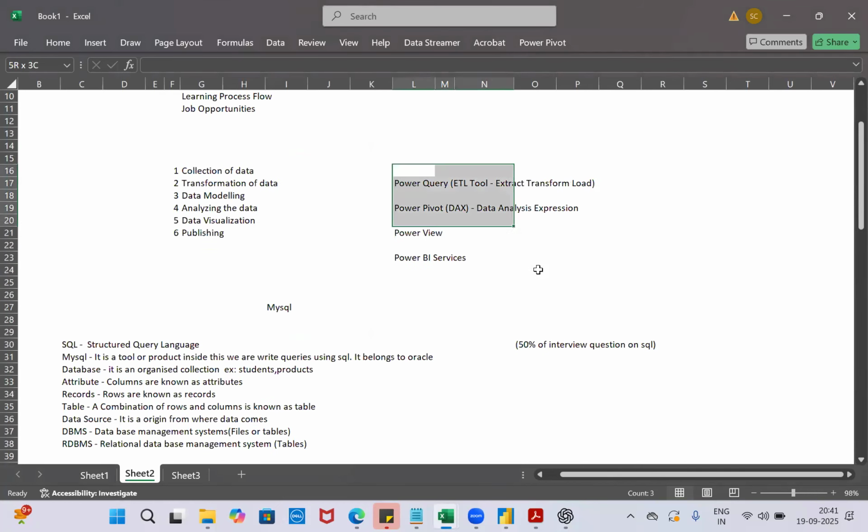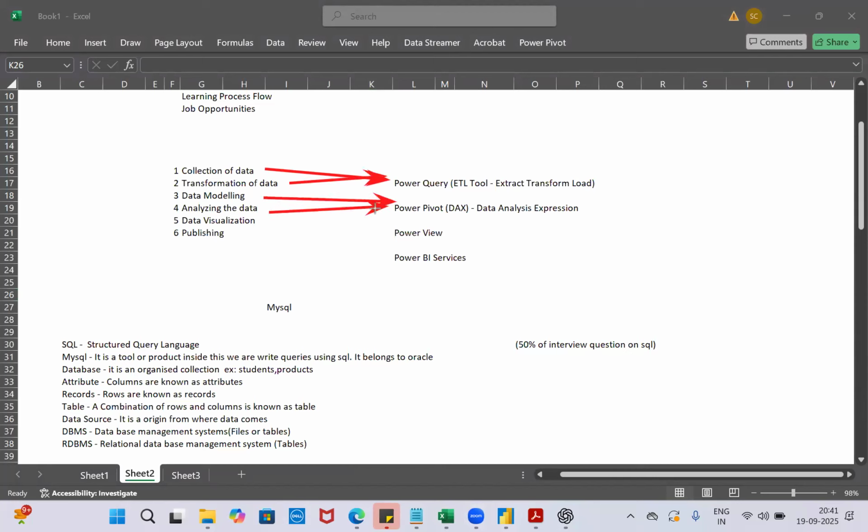Yesterday we discussed the components: Power Query, Power Pivot, Power View, Power BI Services. This is how we connected our first day demo with the second day demo, isn't it?